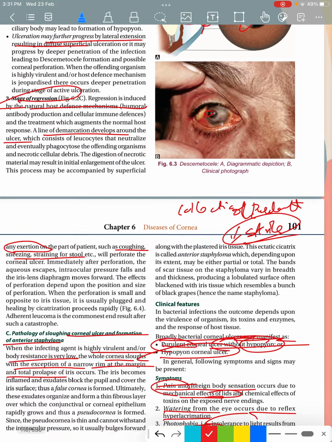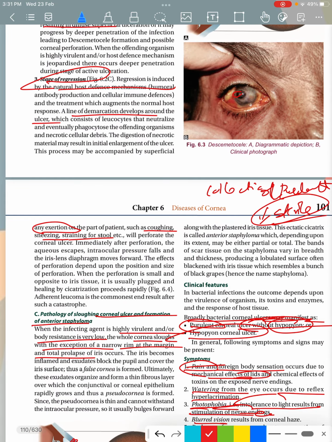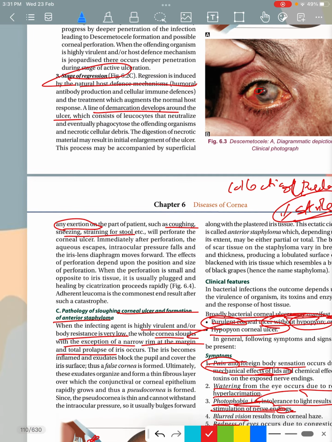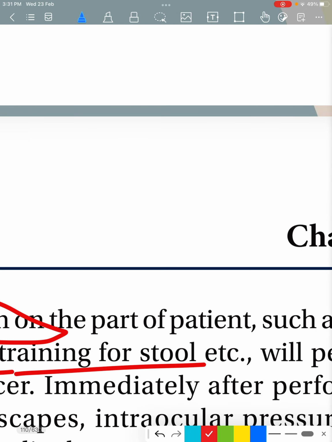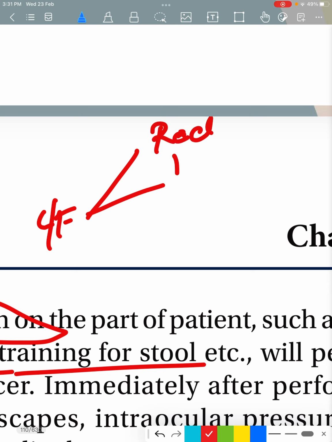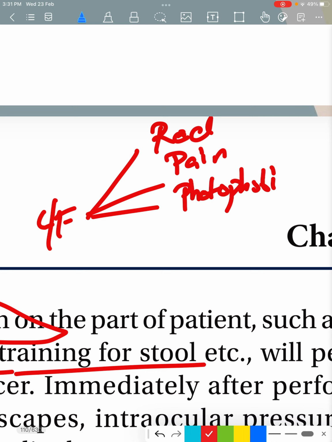Okay, in every keratitis or ulcer, you need to remember the 5 clinical features. Okay, what are they? First is the redness, then there is pain, then there is photophobia, then